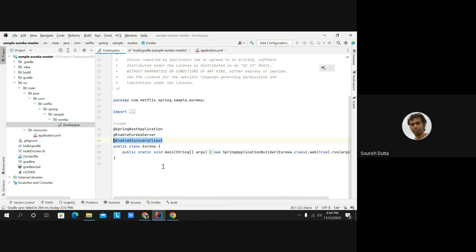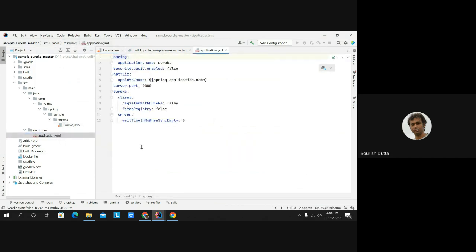Okay. Now, when this service is going to be running, it's going to have this configuration. So your Spring application name, you have chosen Eureka. You have basic authentication disabled. Then you use a custom property name, that is the app info, server port, etc. By default, you are not registering this client side because this is a server side, so there is no need for a client side. So you are not registering the Eureka itself to itself, or neither are you fetching the service